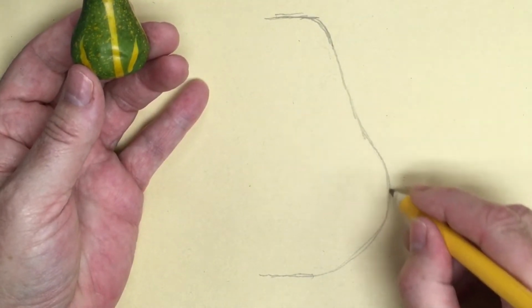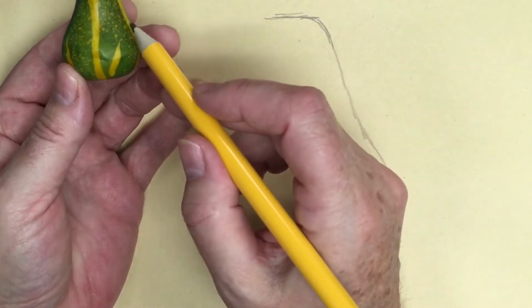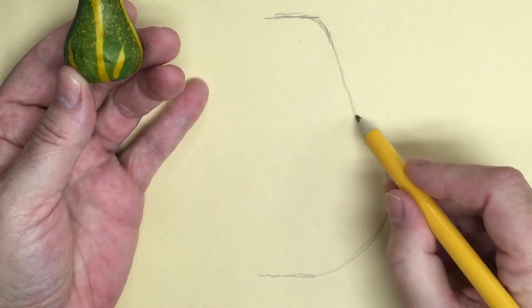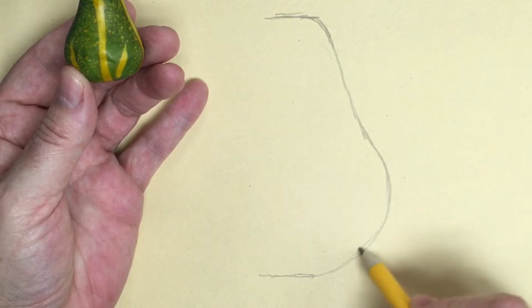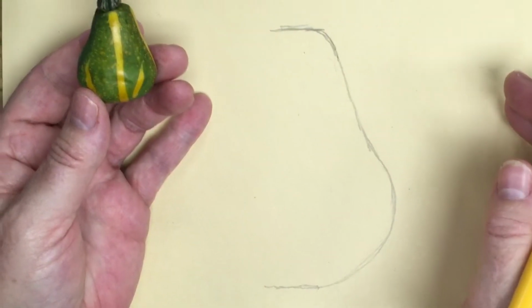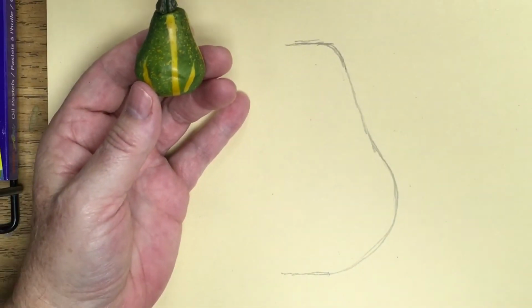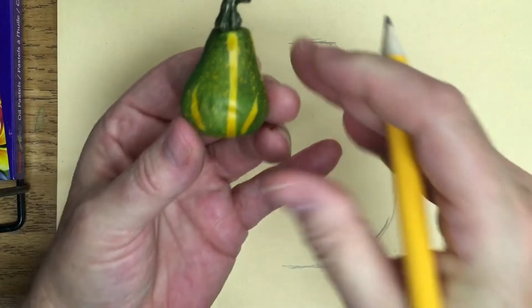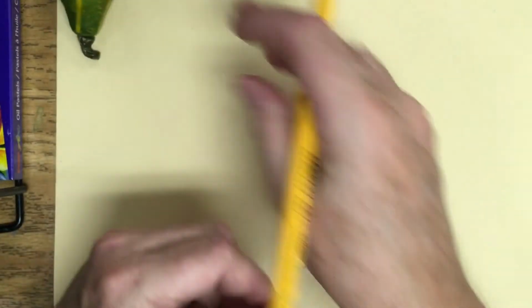Here it is, rounding to the bottom. See how it almost makes a circular shape down here, the way this comes out a little bit and rounds. Now we're going to go to the other side. I'm going to make this a little bit darker so you can see it. Now my other side, whoops,